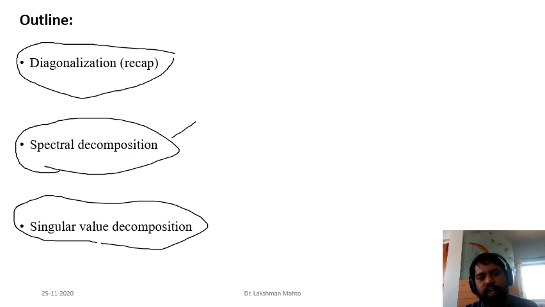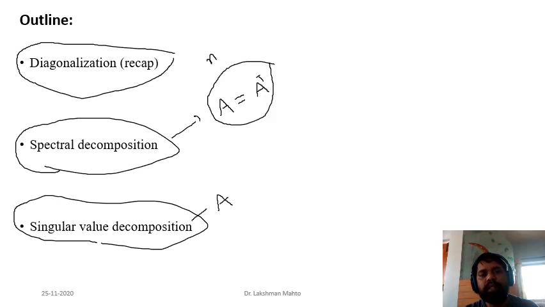Spectral decomposition is only meant for a symmetric matrix. If you are taking a matrix which is symmetric, that means A equals A transpose. This is the meaning of a symmetric matrix. Singular value decomposition is for any kind of matrix. Apart from being symmetric, for spectral decomposition the matrix must be square. So the first condition is that the matrix must be square, and the second condition is that it must be symmetric. So two conditions you need to apply